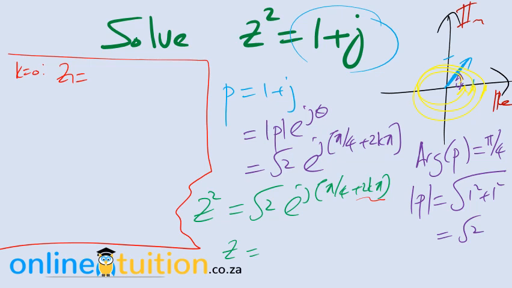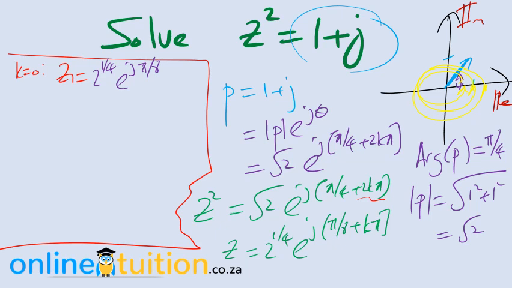The square root of 2 to the power half is 2 to the power quarter. And then we got e to the j, watch this, (pi by 8 plus k pi). So z1 when k is 0, that's gone. So that's 2 to the power quarter e to the j pi by 8,